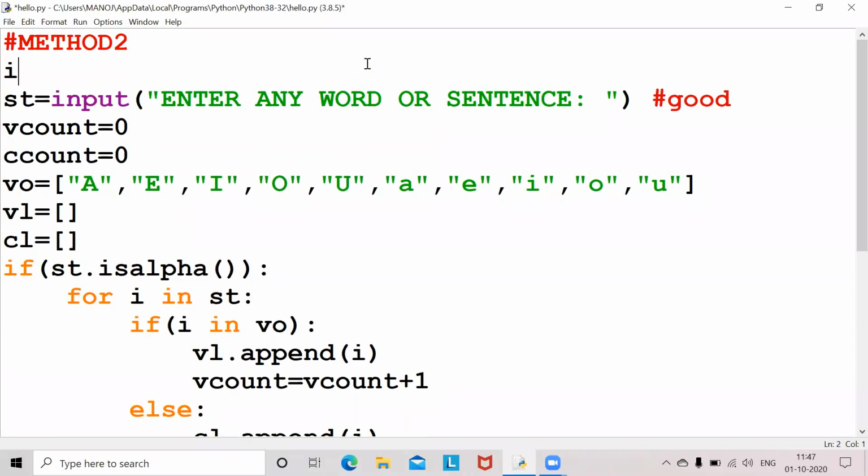Now I'm importing the string module. Import string as S. Here string is a module. We are importing the string module as S. That's the meaning of this.